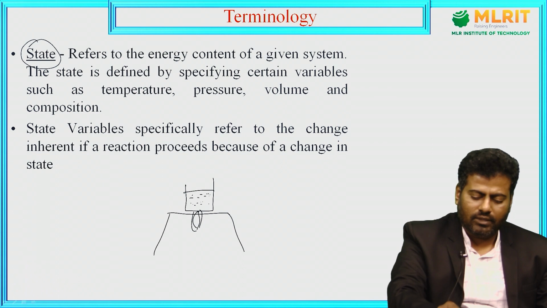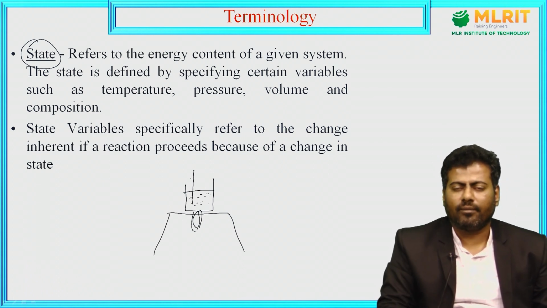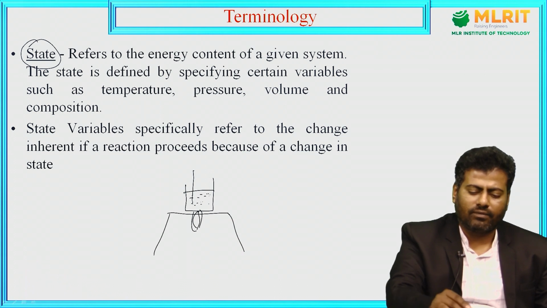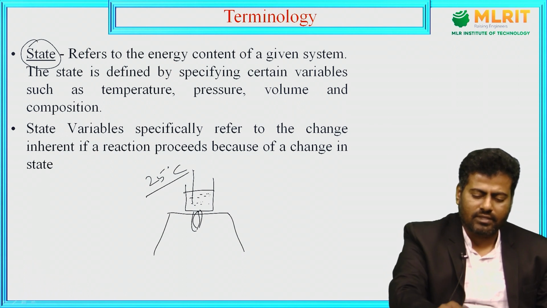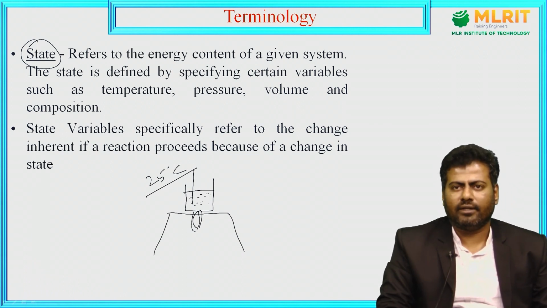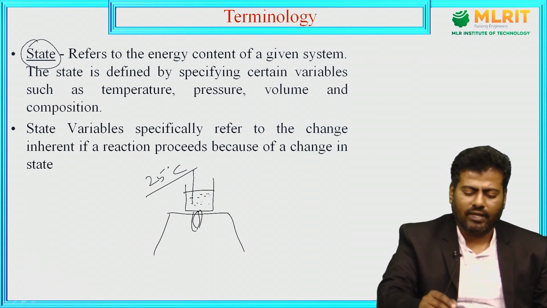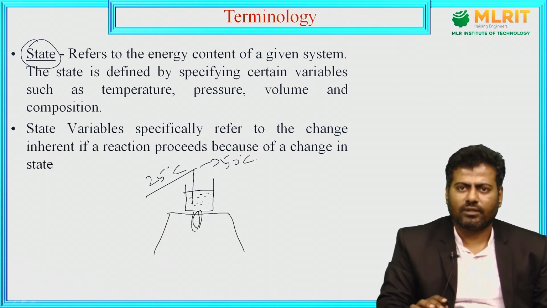In order to measure these thermodynamic properties, assume we have a thermometer here to sense the temperature. Before heat addition it shows some particular temperature, for example 25 degrees Celsius, and that is constant before the heat addition process. Once the heat addition process is completed, it reaches 50 degrees Celsius. It shows 50 degrees Celsius for a while, then I can say it attains the equilibrium condition.